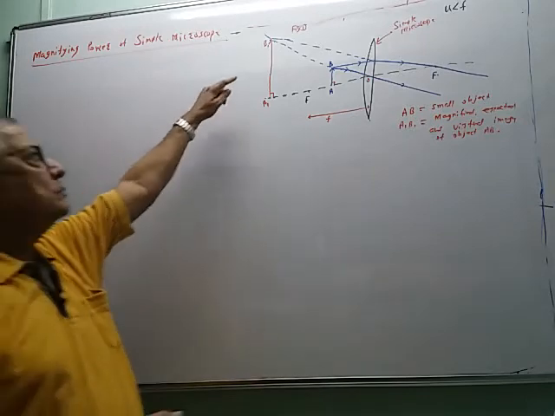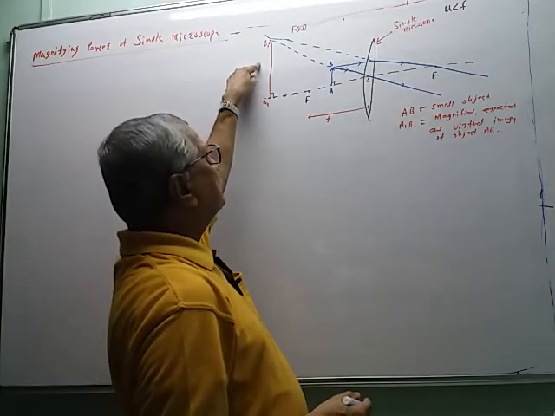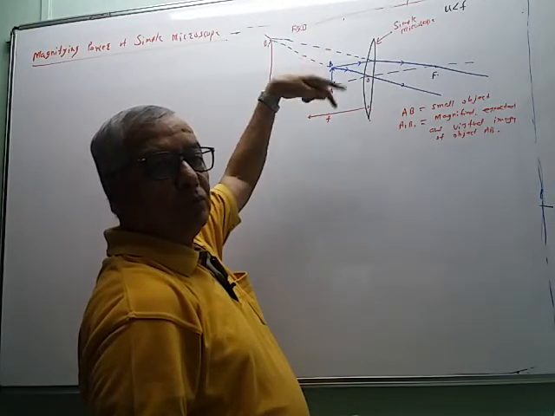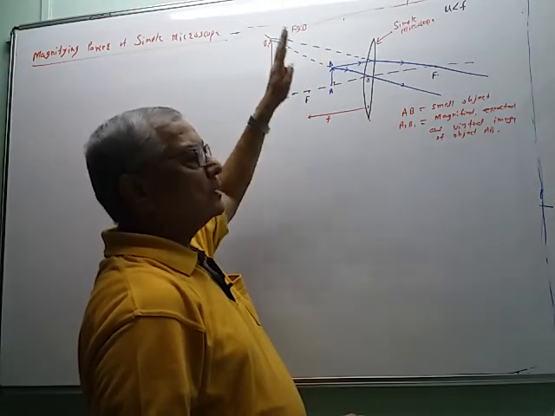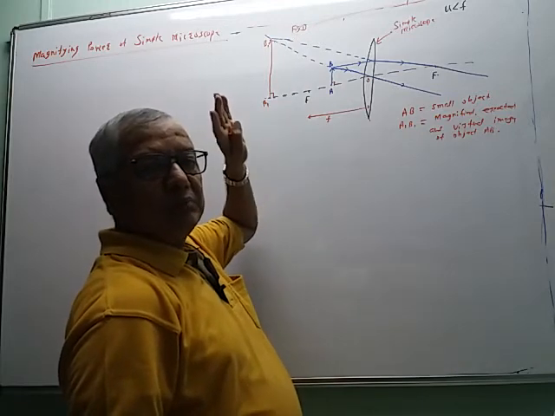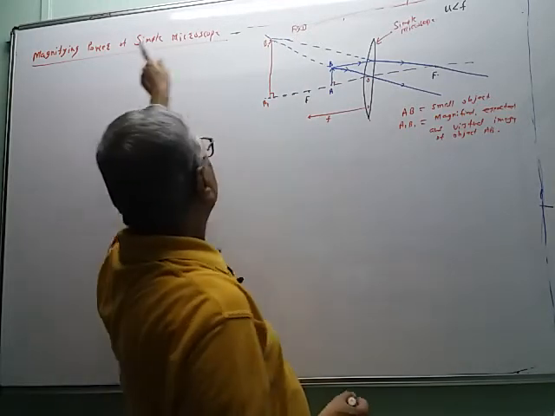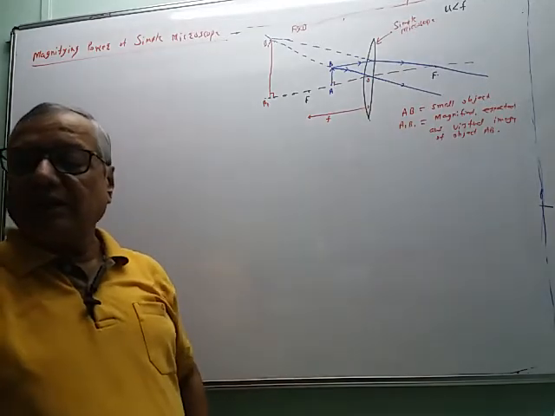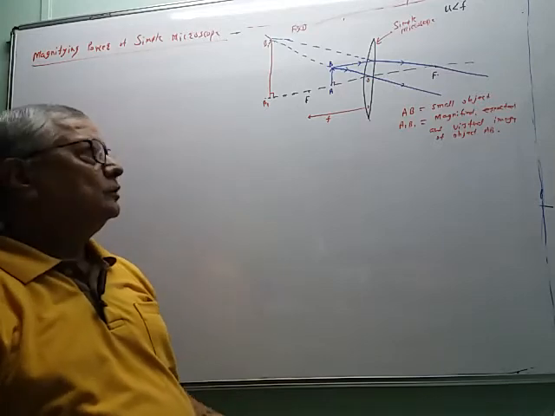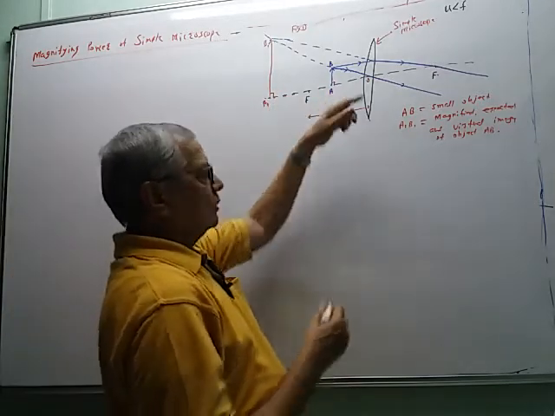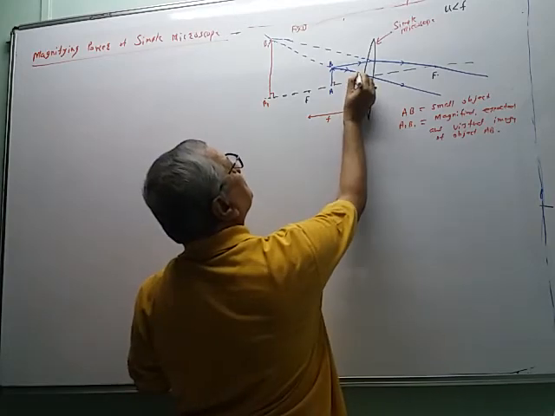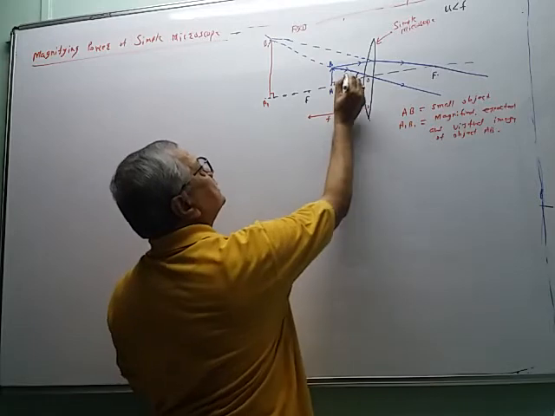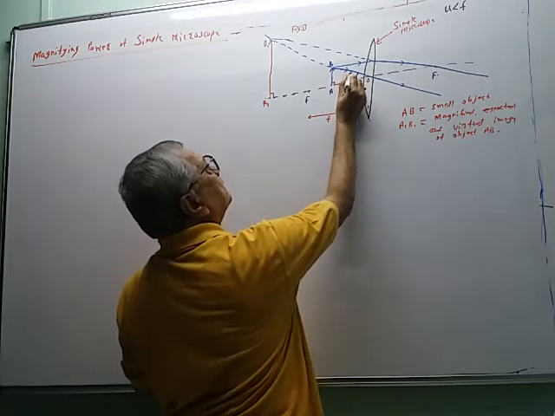Now, this image is magnified. So by linear magnification, we get the relation A1B1 upon AB. How many times the magnified image is obtained is decided by one method, the linear magnification. Now in the case of magnifying power, we will use one more method, and it is in terms of angle. So now in this figure, we will consider this angle. I will denote this angle by beta.